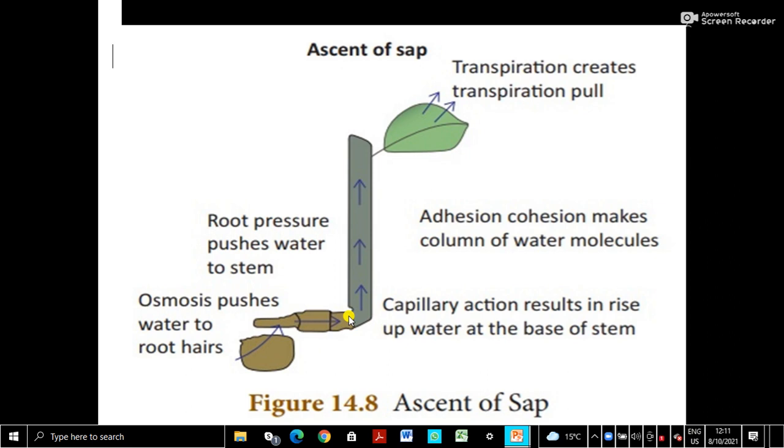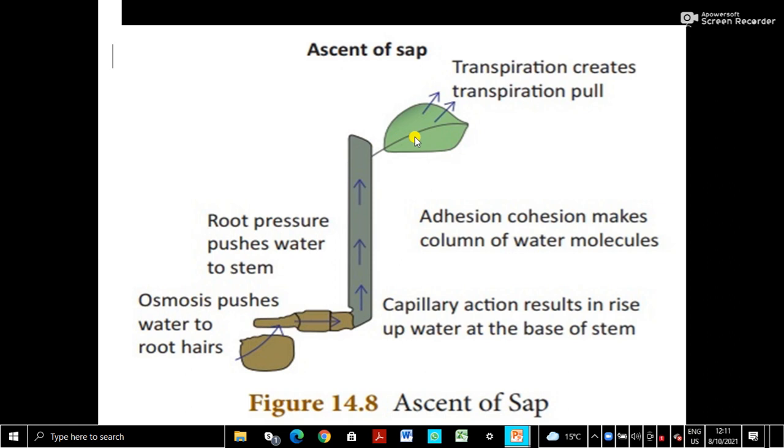And when the water is absorbed by the root cells, xylem cells, the roots develop root pressure, and root pressure pushes the neighboring upward xylem cells which have less pressure. So from high pressure to low pressure, water is pushed. So root pressure is one force which is pushing water upwards like this. So in short, what is it? Water is absorbed by the root hairs by the process of osmosis, which is a physical process, and this develops root pressure which pushes the water upwards.